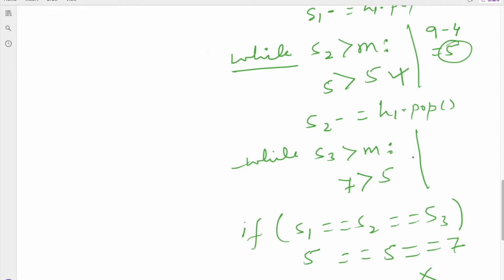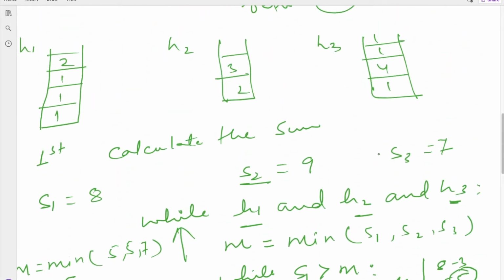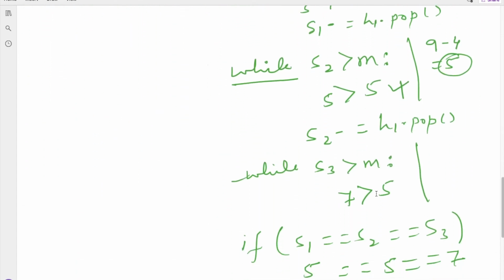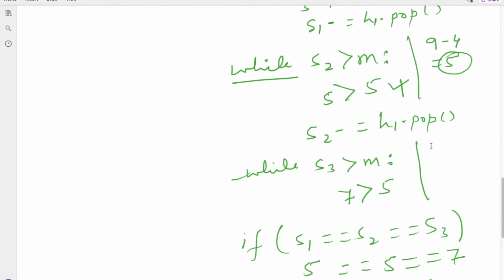So 7 greater than 5? Yes, it is correct. So what will we do? We will pop one element. So we will pop this element. After popping that element, my S3 will be updated with 7 minus 1, which will be 6. Now we are going to check whether this 6 is greater than 5. Yes, it is. So we are going to update again: S3 minus equal to S3 dot pop.